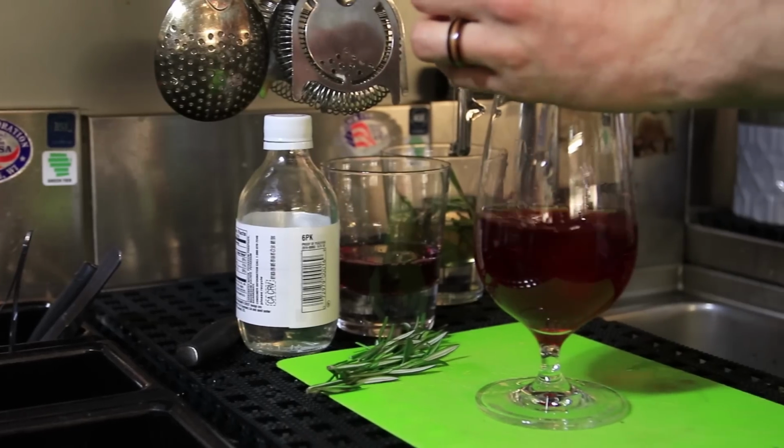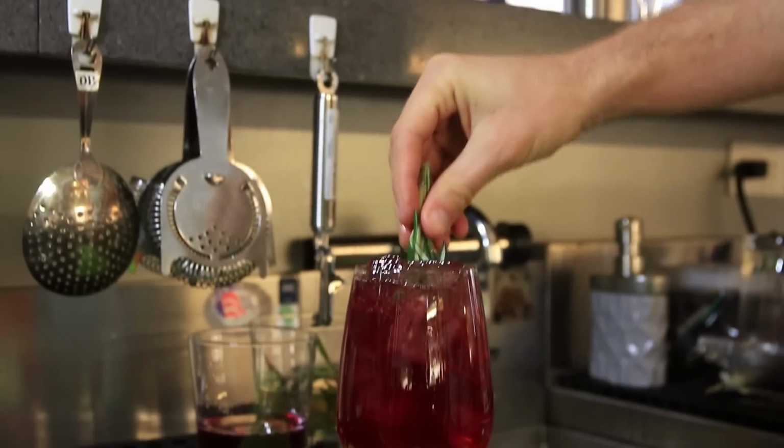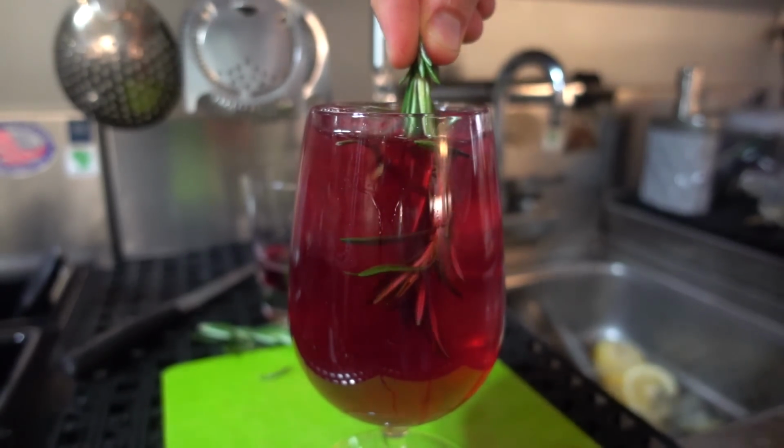Exactly. Then we just fill it up with ice, top it up with some club soda, and add a little more rosemary, spoon that around nice and slow. You have this drink that's really cool because you're getting the cranberry tartness, but when you drink it, you get hit with that rosemary. The aromatics of the rosemary are...